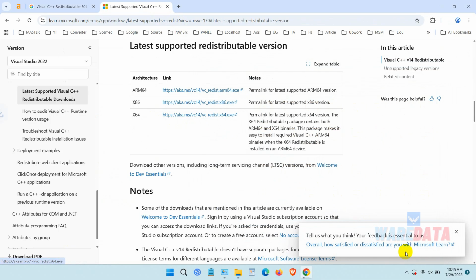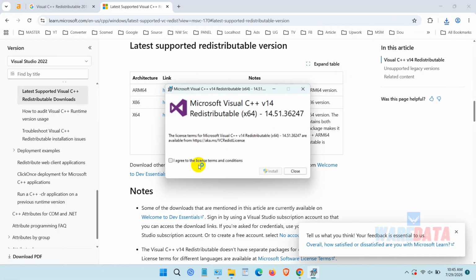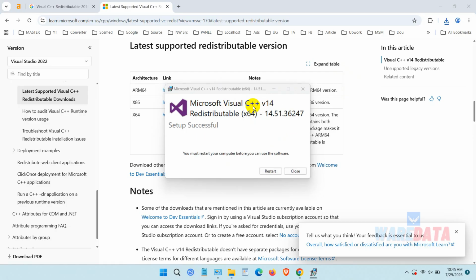We can just click save and wait until the download process is complete, then we can install it. Just check the agreement and click install. Okay, this is very easy. You need to make sure the installation is complete, and then you need to restart your operating system. After you click restart here,